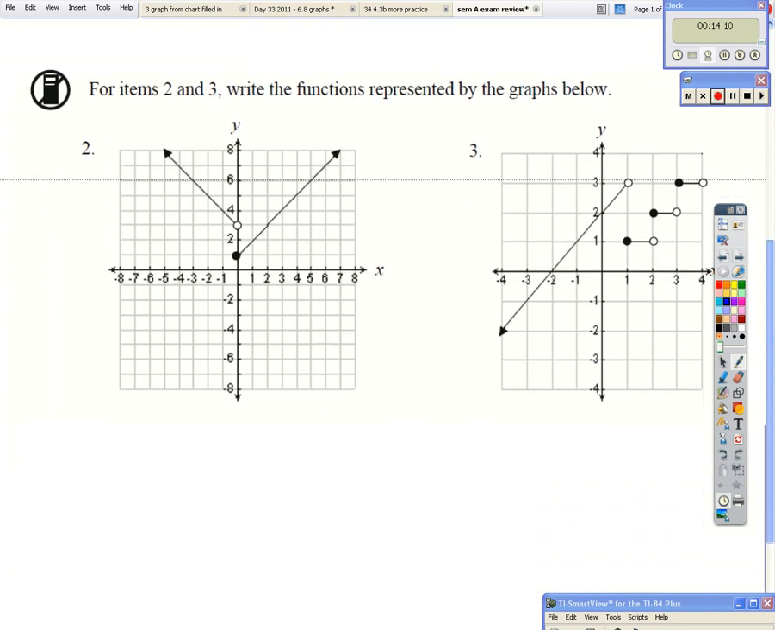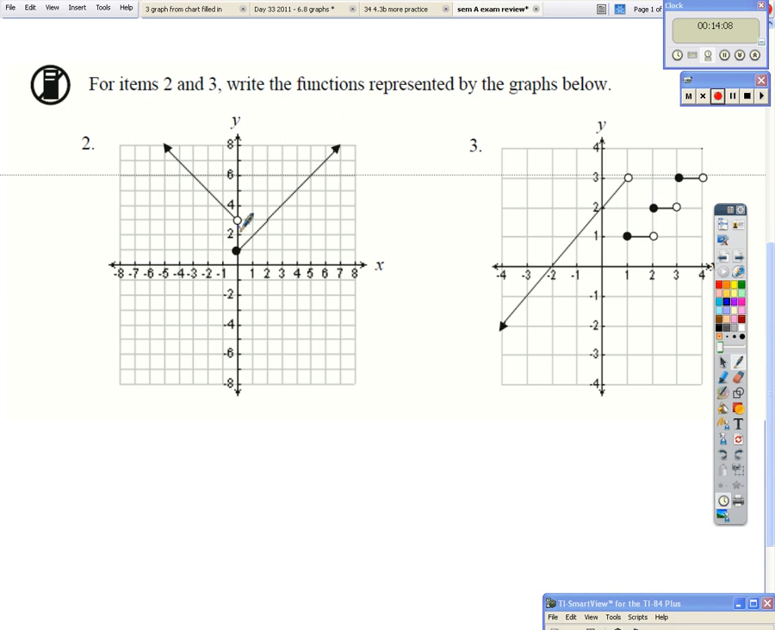To write the piecewise, this y-intercept is at 3, and the slope, so up 1, left 1, up 1, left 1. So it's positive. So the slope for this piece is positive 1 over negative 1, which is negative 1. And the slope for this piece, up, right, is 1 over 1 with a y-intercept of 1. So my piecewise graph,